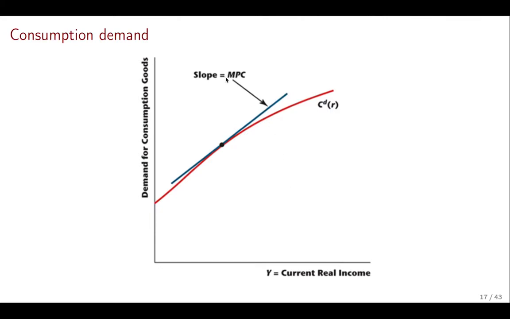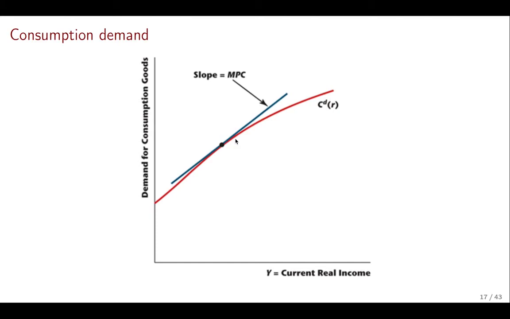An important concept is the MPC, that's the marginal propensity to consume. And that is, at any given point, if I give the agent more income, what fraction of that income is the agent going to consume? That's the slope of the demand curve. And it's going to tell us how sensitive consumers are to changes in their income. For example, their income can change if they get a tax rebate, or if firms become more productive and